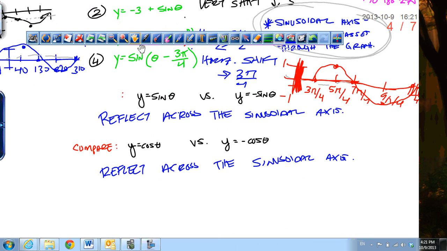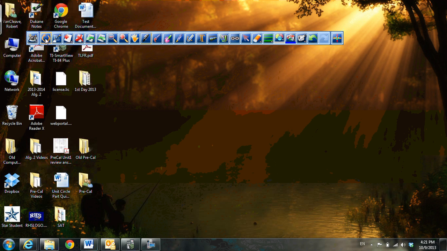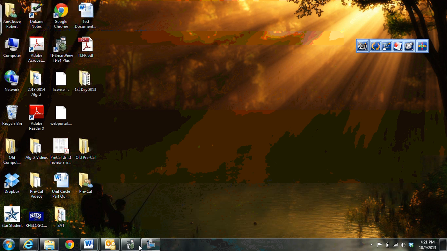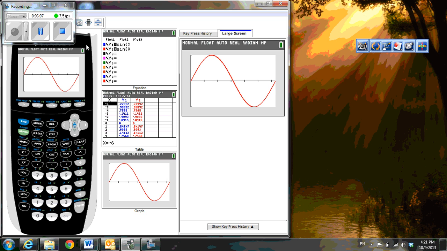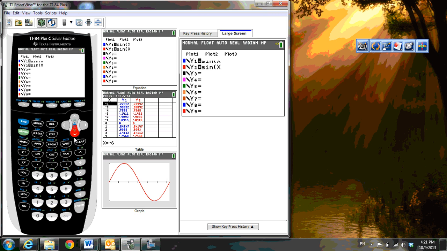The last thing I want to talk about is y equals sine of theta versus y equals negative sine of theta. And then we're supposed to be comparing here. Sorry, I must have erased that. And same thing for cosine of theta and negative cosine of theta. Essentially what happens here, I'm going to get my calculator app here. There we go. If I were to go in here and graph sine and negative sine of x,